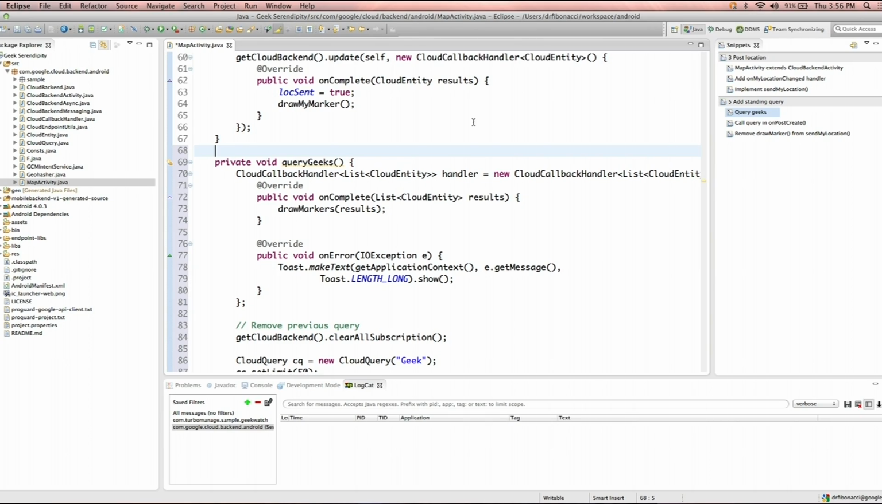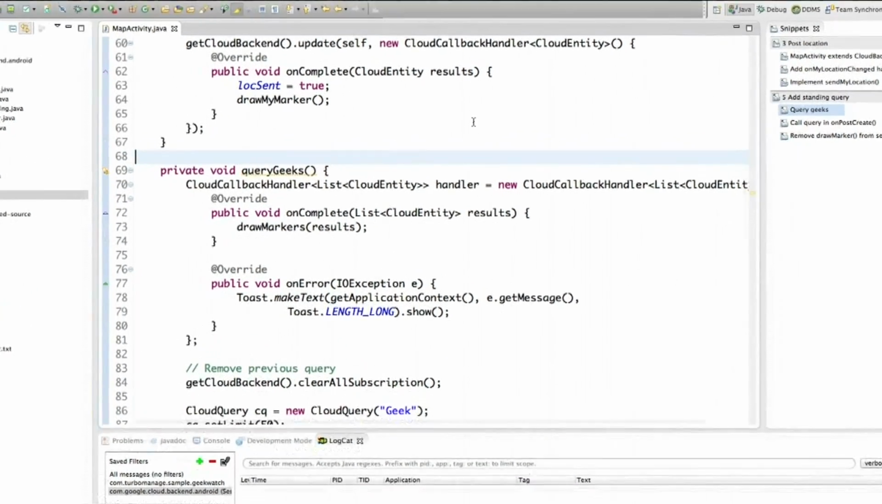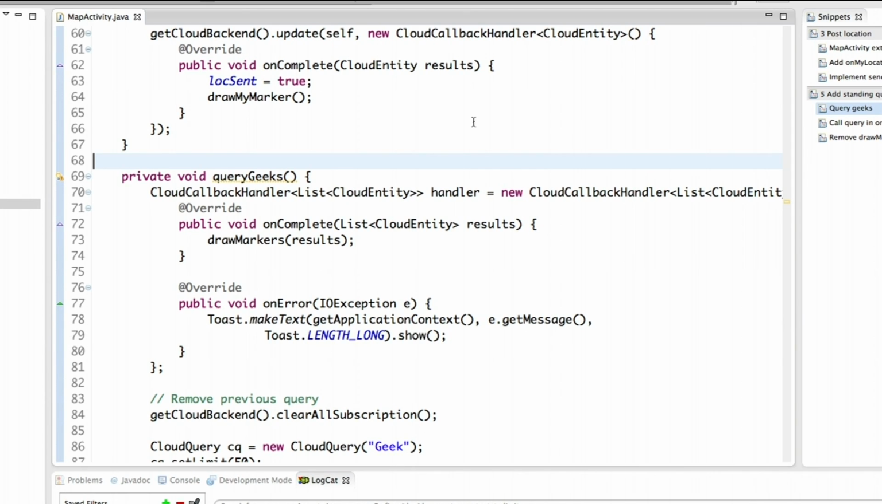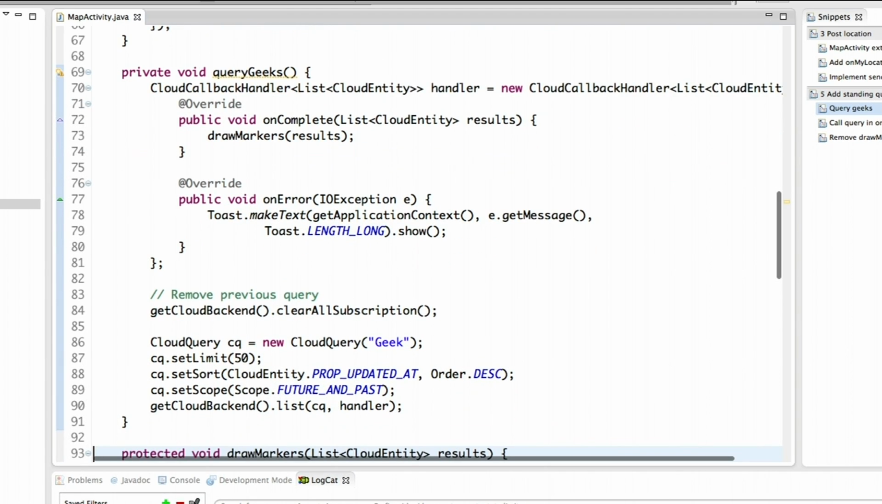Now, all the capability that I just described on that slide is called continuous queries, is what we're calling it right now in this project. And so the first part of our query is to write a handler that will receive the results. So we have an onComplete handler, and we're just going to draw markers. Simple enough. Then to actually register the query, we call